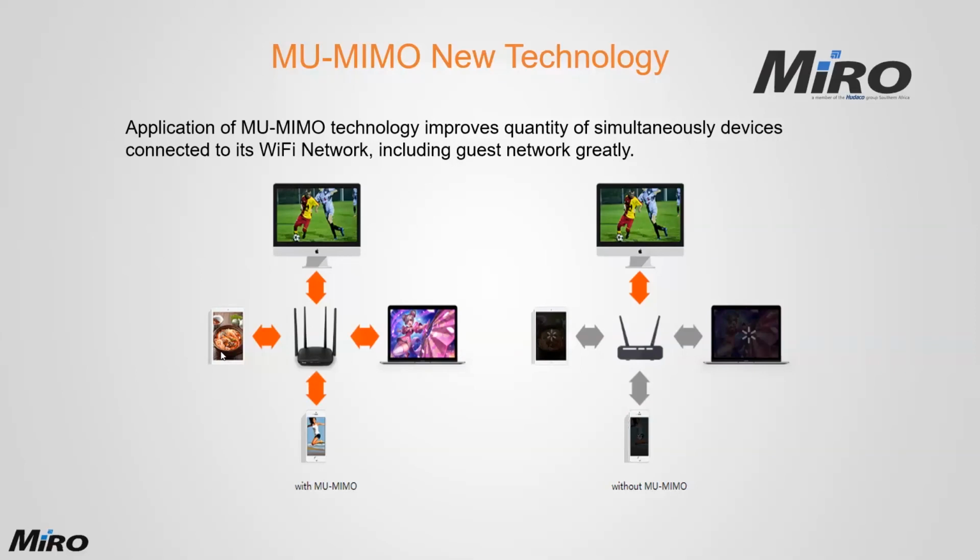MU MIMO technology, I think the important thing about MU MIMO is that it was ready for us, ladies and gentlemen. I think if MU MIMO was still one of those approaching technologies, lockdown would have been a lot harder for all of us, not just in South Africa, but around the world. Because as I was explaining to you initially, that home Wi-Fi connection that was maybe just used as a dial-up for your DSTV or your one Netflix account was now being dispersed through to everyone that lived in the home.